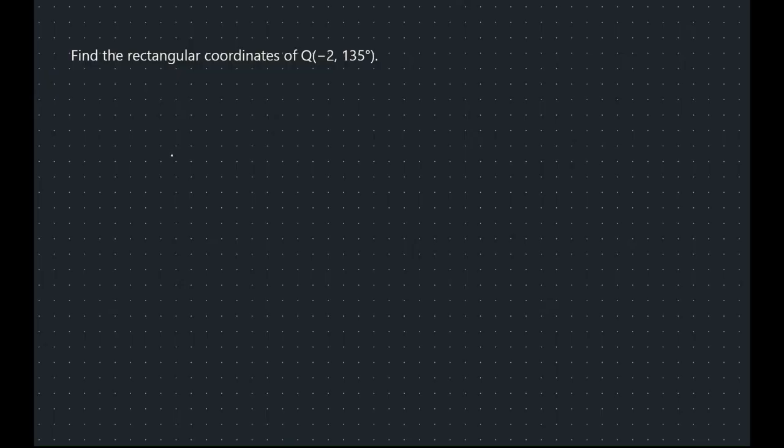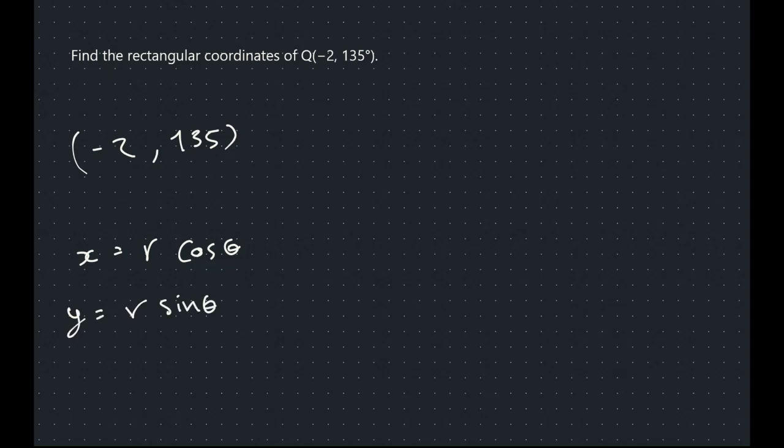This is exactly the same idea. So x is r cosine theta and y is r sine theta. So let's just plug in the numbers. We will have negative 2 cosine 135, and then here we will have negative 2 sine 135, and here, if I'm not mistaken, it will be